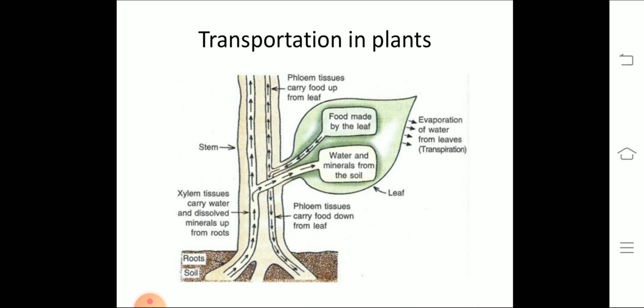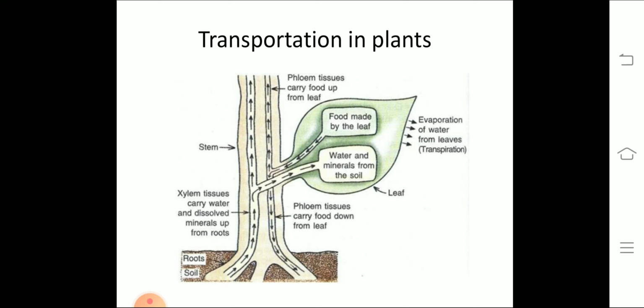So the plant's transport systems will move energy stores from the leaves and raw materials from the roots. These two pathways are constructed independently with the help of organized conducting tubes. We all know the vascular tissue is responsible for conducting food and water. Xylem, for example, is responsible for conducting water, and phloem is responsible for conducting the food material prepared by the leaves. But how do they carry against gravity?